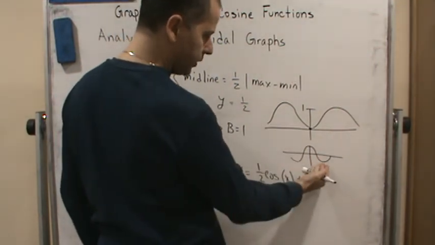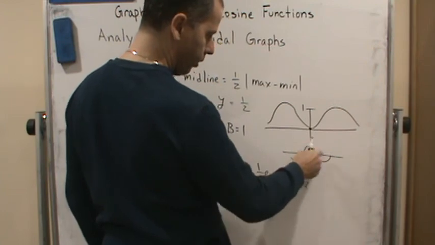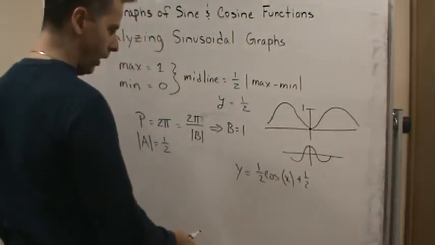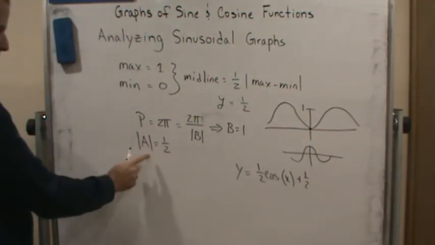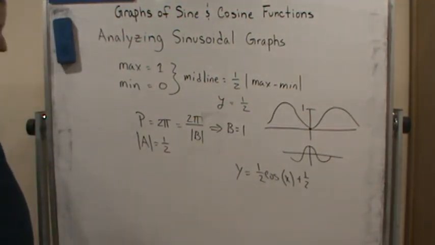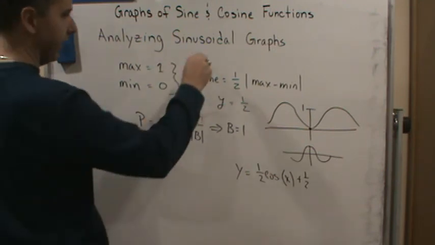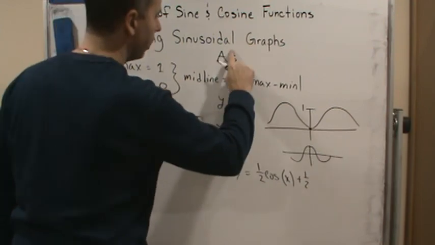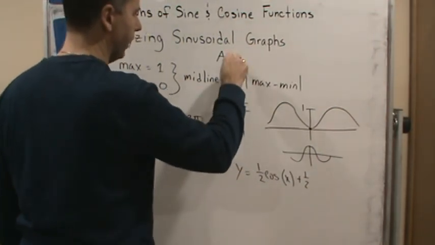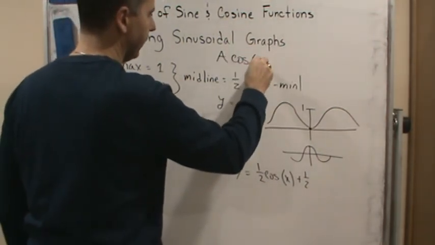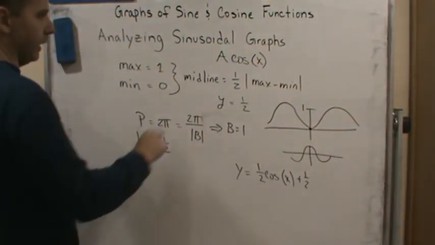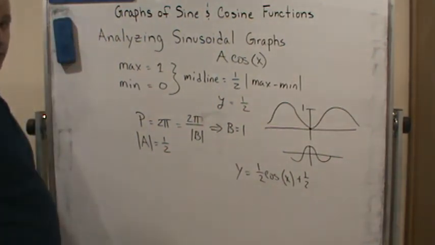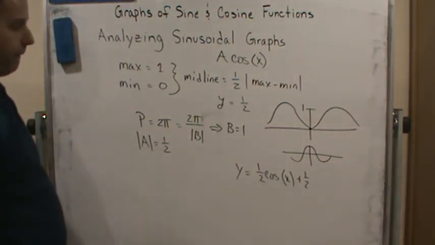So it looks like it's been reflected across the x-axis. Well, how do you reflect it across the x-axis? By whether A is negative or positive. Remember, the general function is A cosine x, right? Whether A is positive or negative tells us